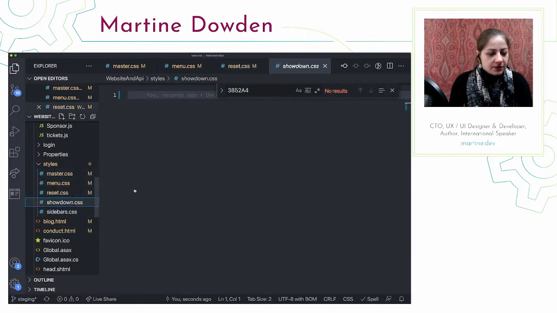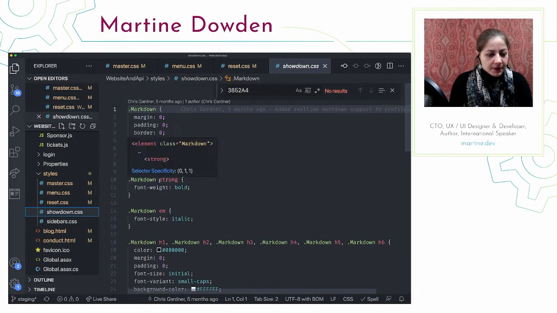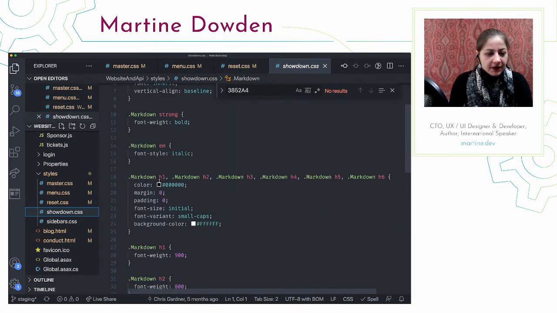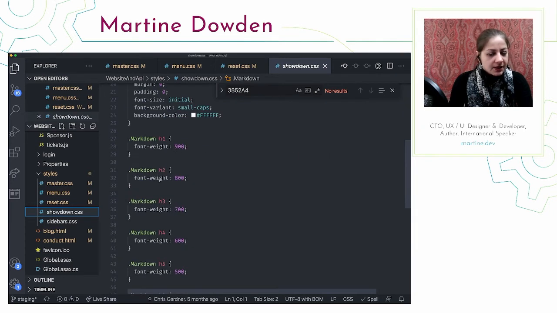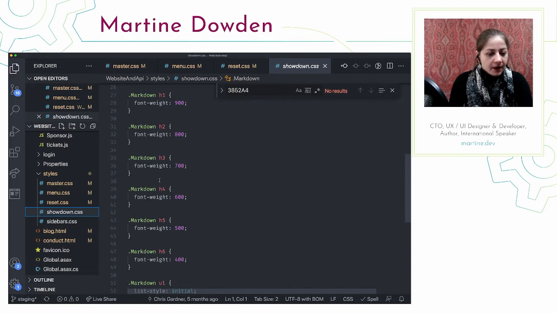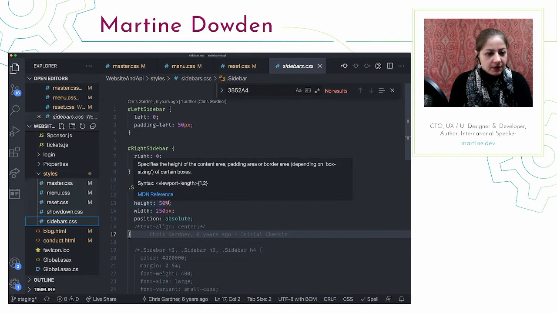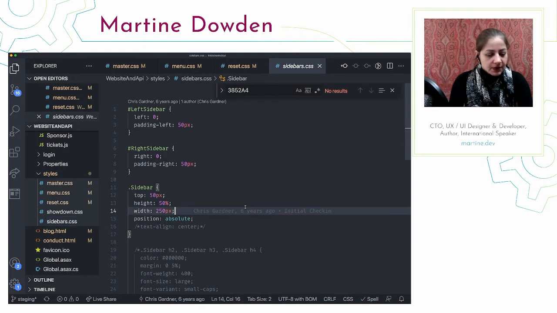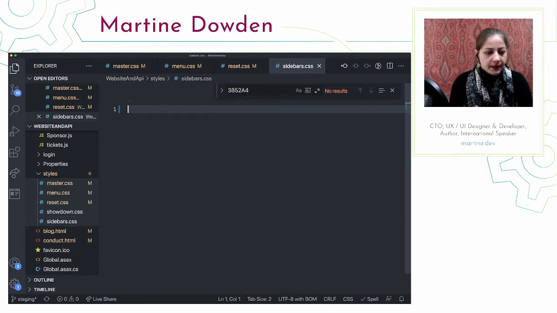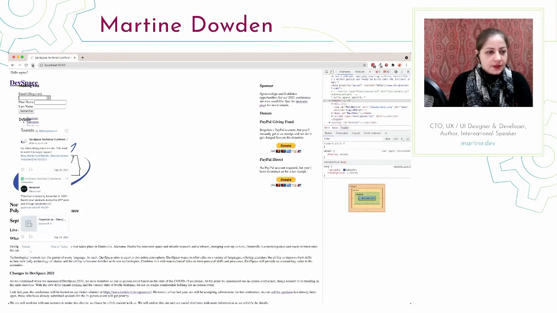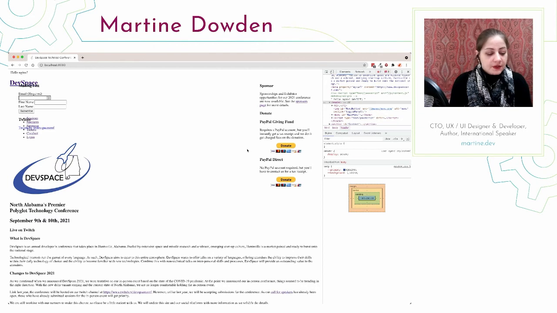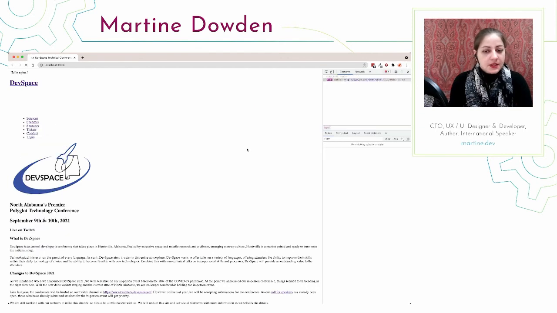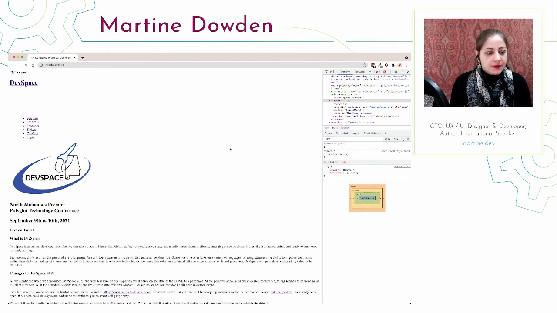Let's continue doing some, so this is Markdown. I'm going to leave that alone because I'm not exactly sure where in the site it is, probably in the profile. I'm going to leave that one alone, but I am definitely going to be getting rid of all of the sidebar stuff. So now we have our home page nice and deconstructed, which should have absolutely no styles, and we can start building a theme from there.